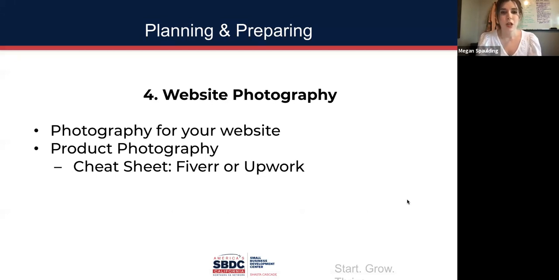All right, so we've talked a little bit about photography. You really have to have photography for your website. Nobody's going to buy something sight unseen and not have any clue what it is that they're purchasing. And so either get your photography from vendors, hire a photographer, but there is a little cheat. If you go on Fiverr or Upwork, you can actually take your own photography and hire someone,